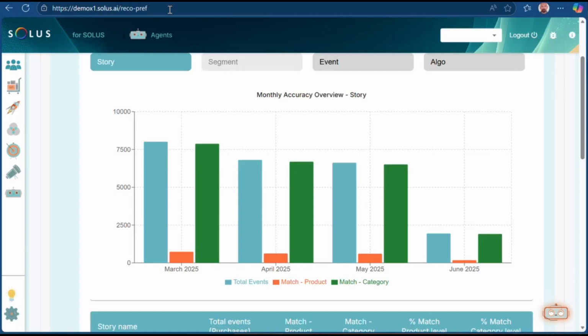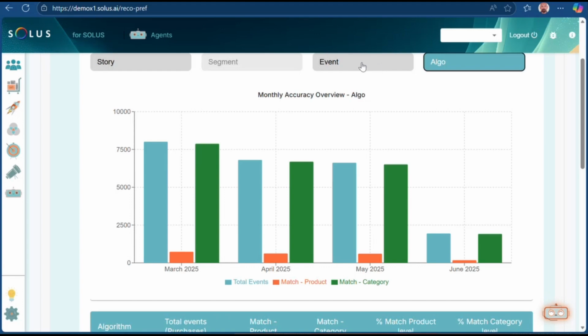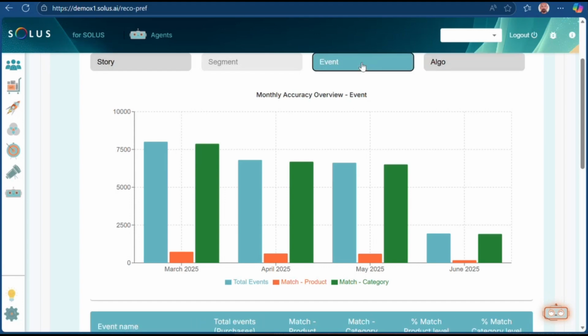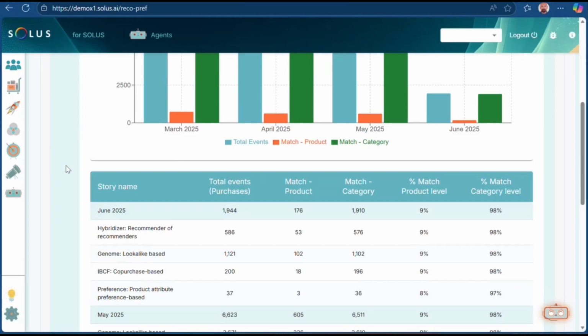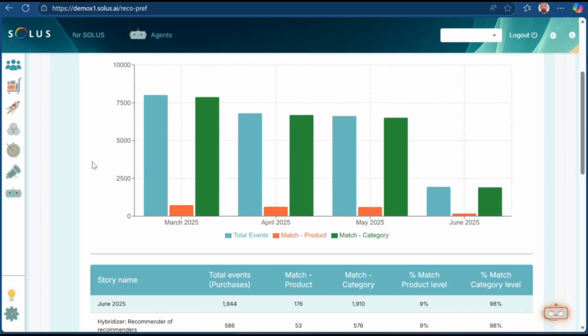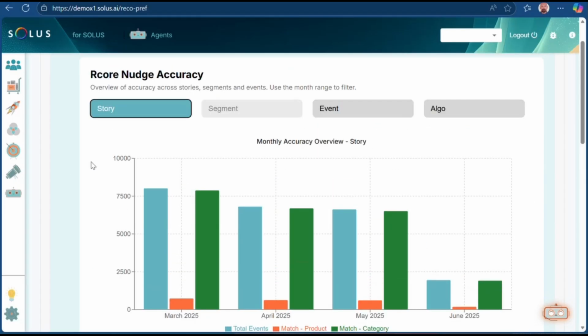So depending on whether you're interested in breaking it down by story, which is your use case layer, or by algorithm, or by event, basically the outreach campaign and so on, you could essentially look at how this data varies. Okay, that then allows you to understand what works and what doesn't out there, right? So remember that, like I said, not every consumption strategy works equally well, right? So doing this also gives you a sense of which strategy seems to work better, which strategy doesn't seem to get much traction at all. And then you can slowly underemphasize those strategies, overemphasize something else.